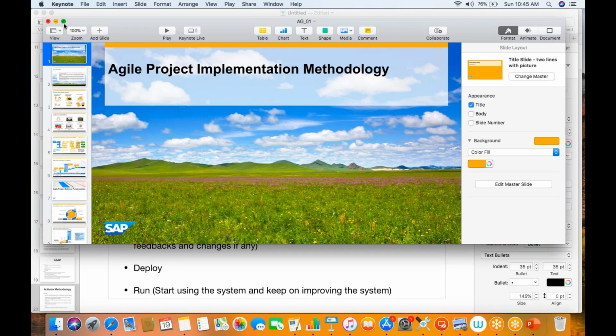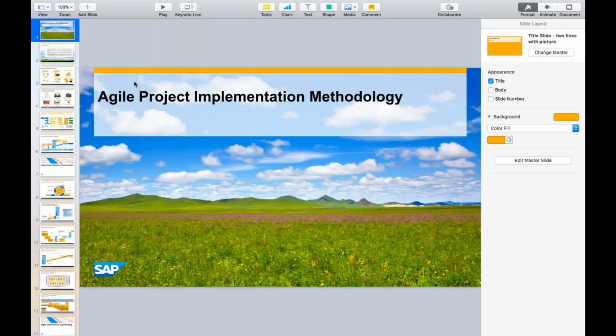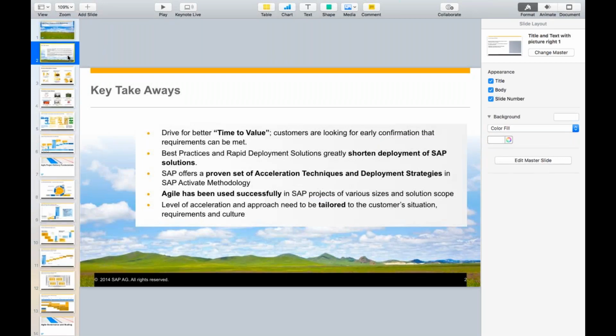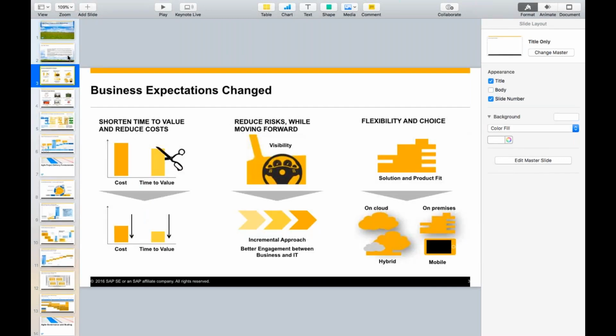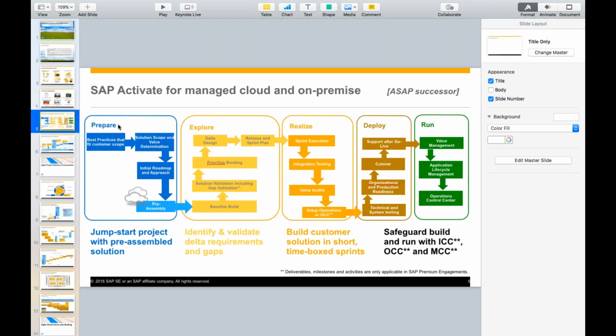Right? So how the agile project management methodology is different. You can see, you can give this training to the team. You can always explain to the customer how are we going to follow the agile project in this particular implementation project, right? So what are the benefits of going for agile, how agile will work, what are the different phases in SAP Activate? Just now we discussed prepare, explore, realize, deploy, and run. What are the activities that we are going to carry out in each and every phase? Okay, so all those things are very properly explained